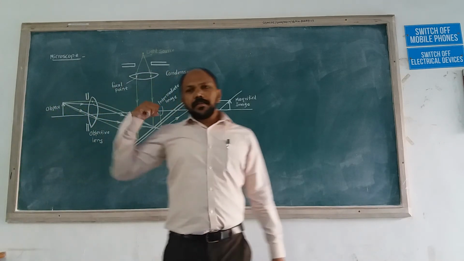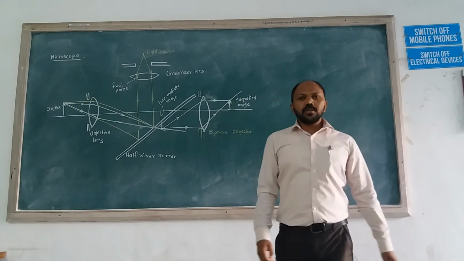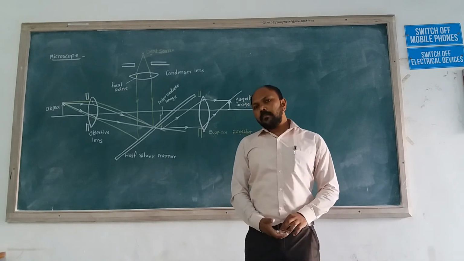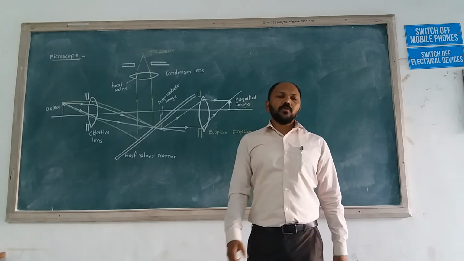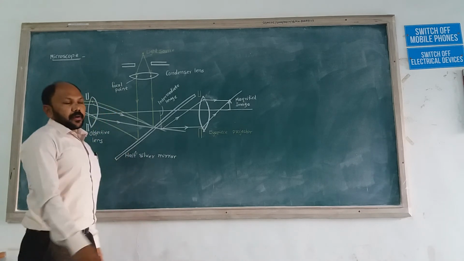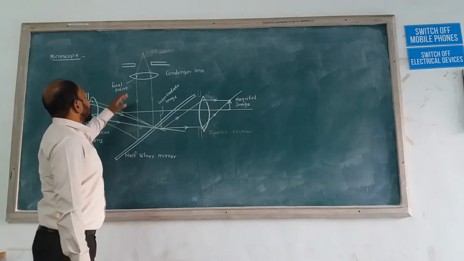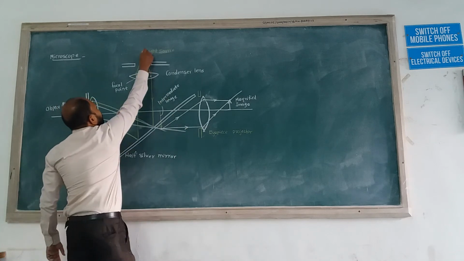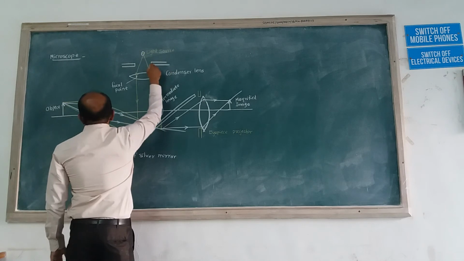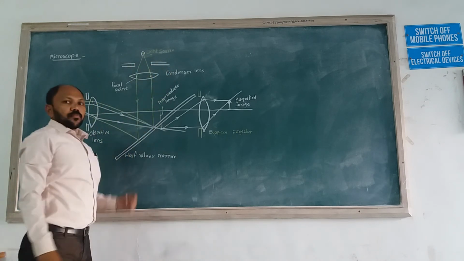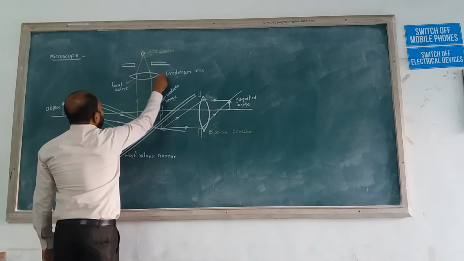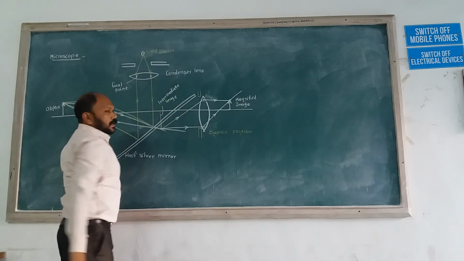Here this diagram shows the structure inside the optical microscope and how it works. So here we discuss that point. First, the important components related to this structure. A light source is required, the source of light. Then this is the aperture, a small hole. Then one lens is provided, which is called the condenser lens.